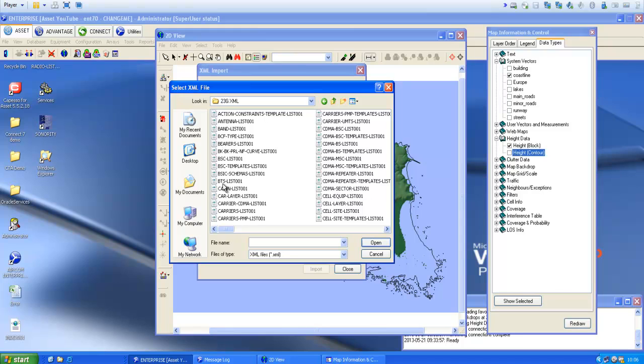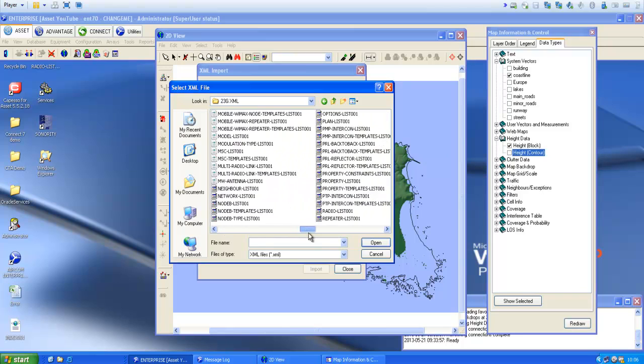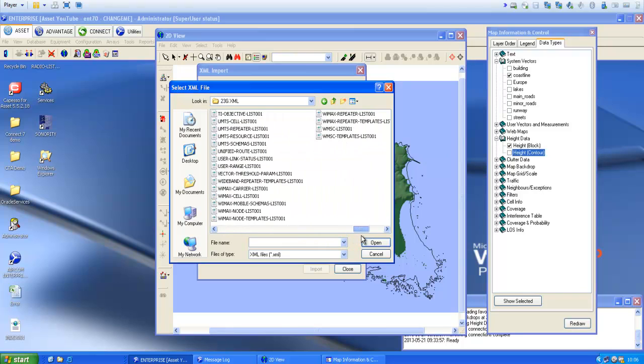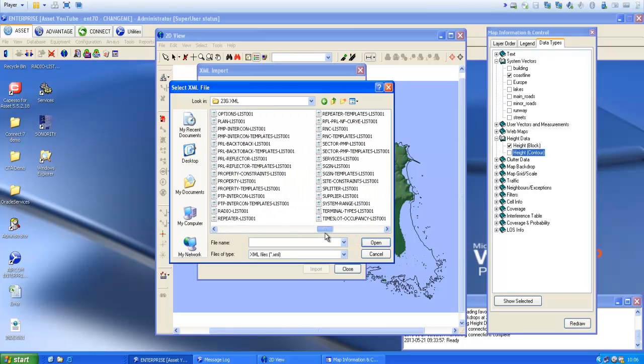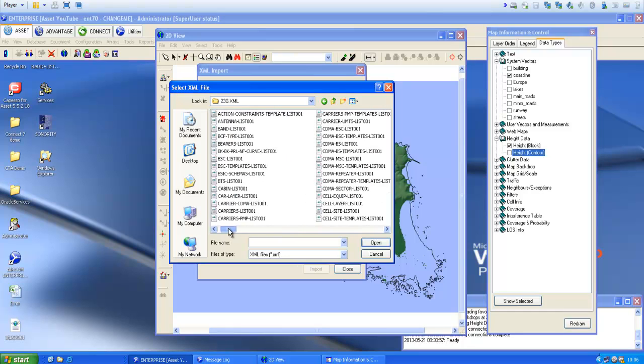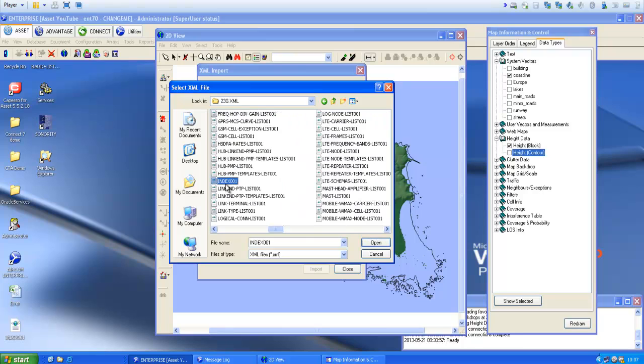Obviously antennas, I've got BTS lists, I've got cell equipment, I've got carriers for UMTS, I've got carriers for CDMA, and I can go right across all the way up to W, where it says the WMSC. Now the good thing about XML is that it doesn't matter what you do with it, it gets linked to an index. So we use our magic finger, we press the I button, and you'll see that the index